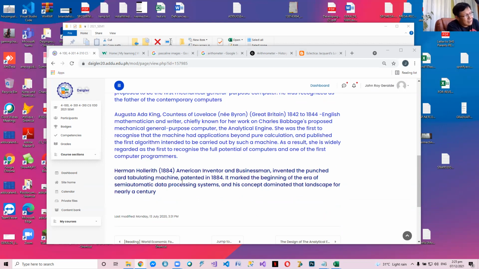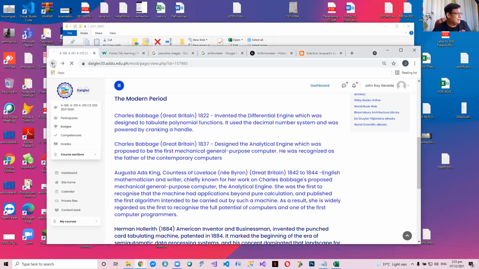Computers are not just used for calculations, but they're also used for recording. So there needs to be memory. There can't be no memory. If there's a computer, there must be a memory. So aside from the CPU, there must be a memory. So the first invention related to memory is the invention of the punch card in 1884 by Herman Hollerith. Herman Hollerith is the father of a very important company. It's called IBM. He established IBM. Okay? Any questions so far?